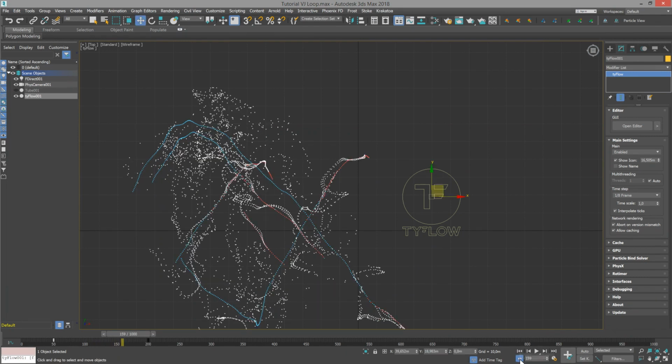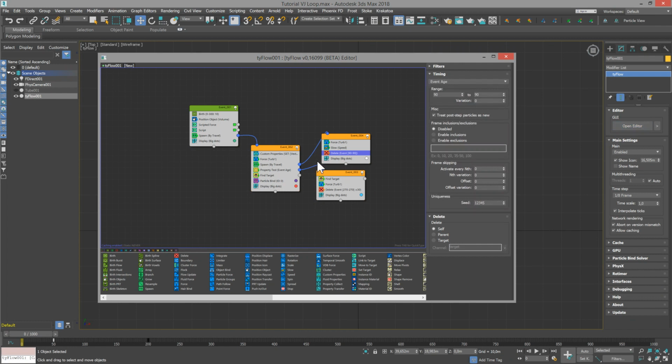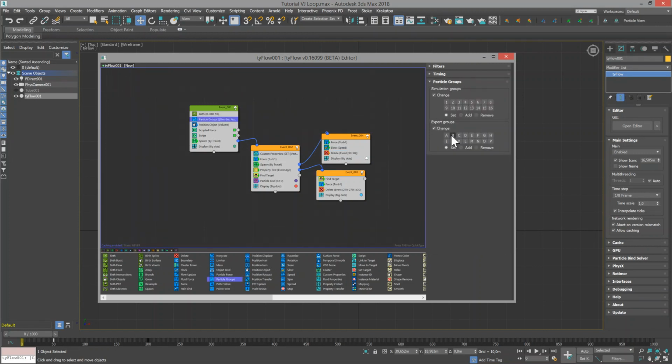Alright, that's good. Okay, now before I export, let me explain something. I don't want the tips of the splines, so I'm going to group them with the operator particle groups and put them into particle group B. All the other particles, like the splines themselves, will be in particle group number A. And also for Krakatoa later,